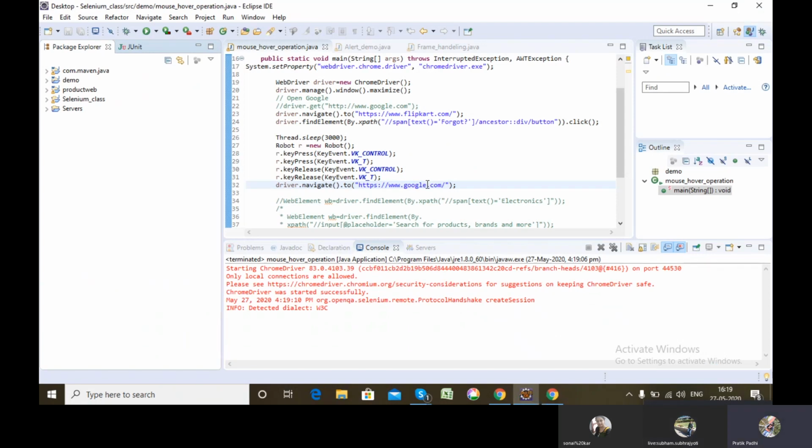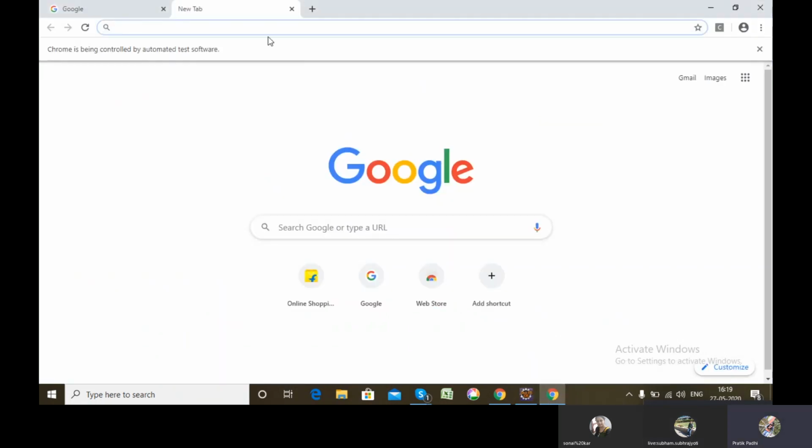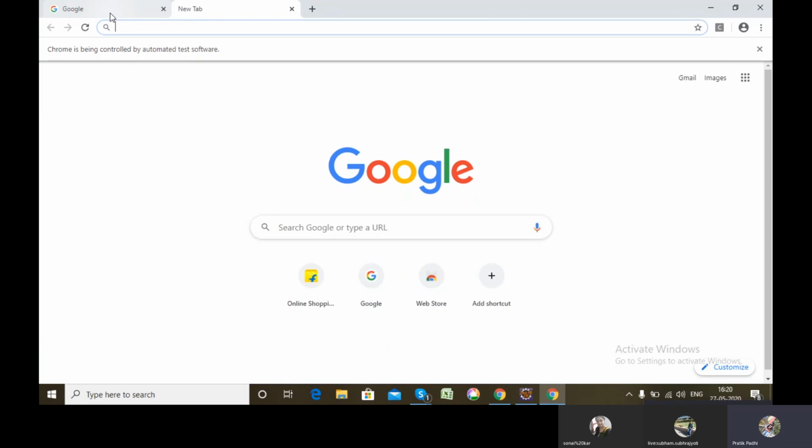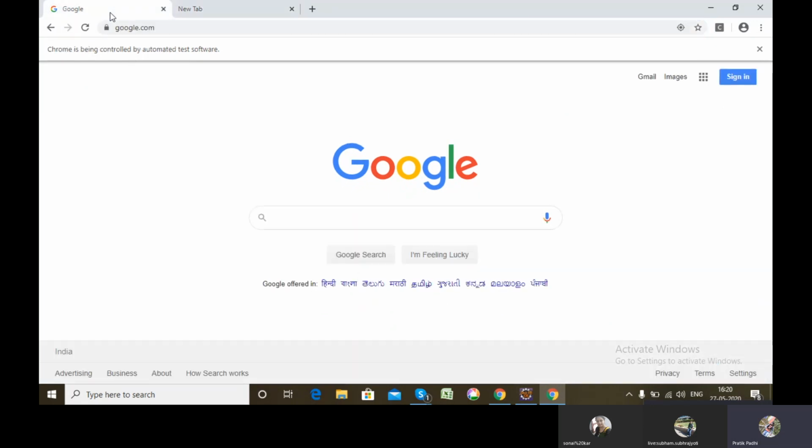So to have our work done in this particular tab, we have to switch the driver control from this tab to this tab. Here all the operations are performed in this tab only, even after a new tab is opened, because my driver control is currently in this particular tab.